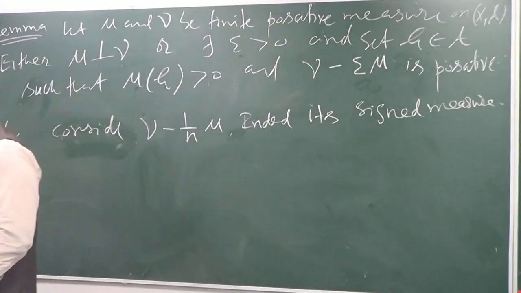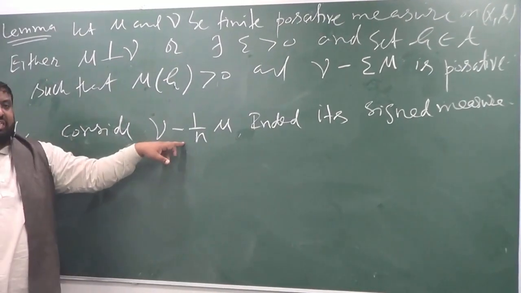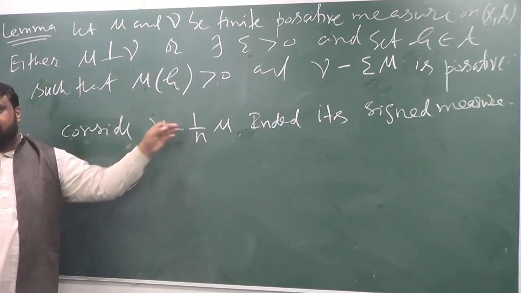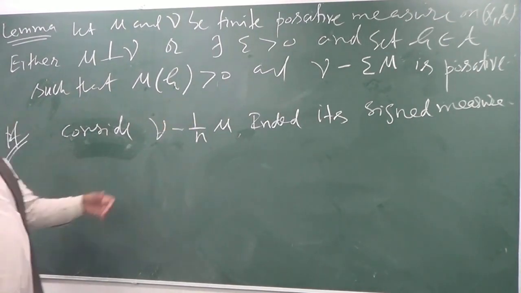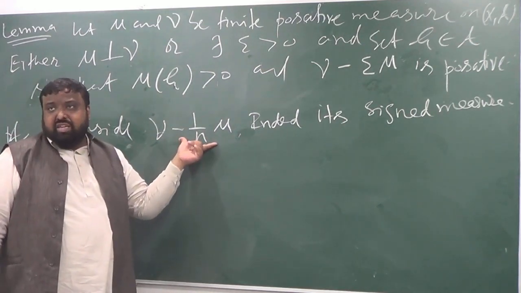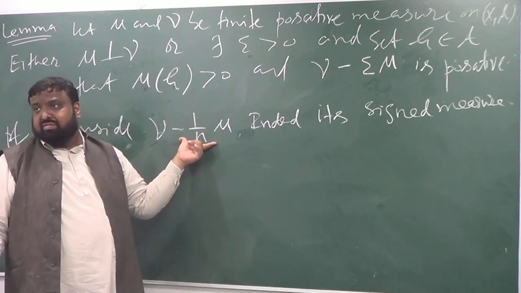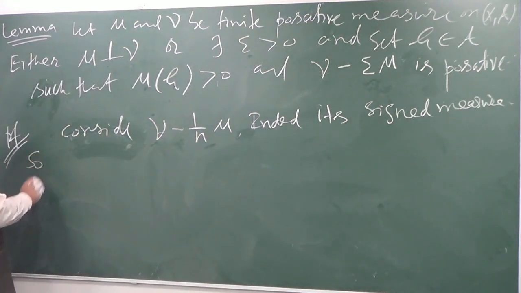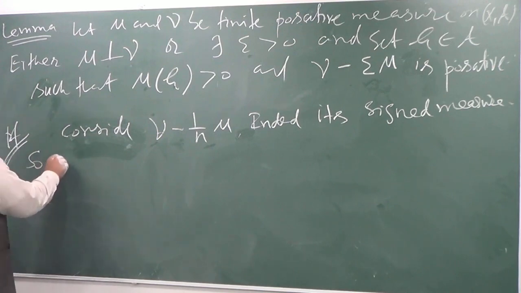So you change n, so it's an n-dependent measure. It's not just one measure, but a sequence of measures actually. Okay? So if it is a signed measure, then I can find a Hahn decomposition of it for this signed measure. So okay, we can find